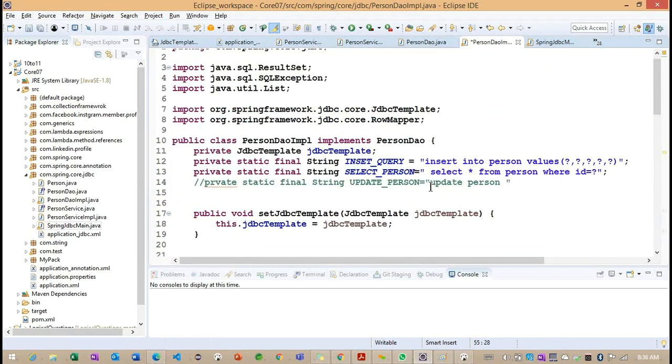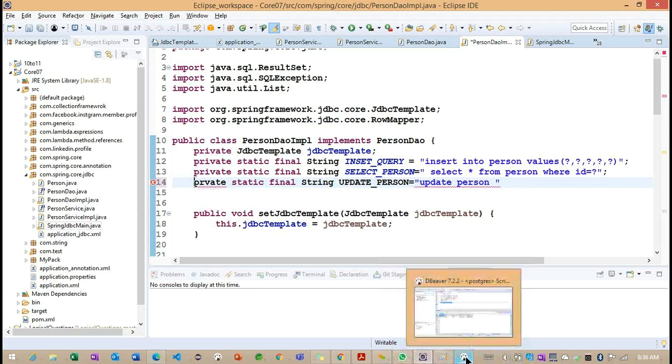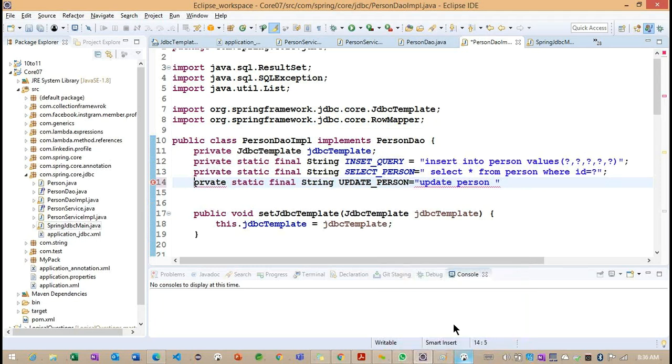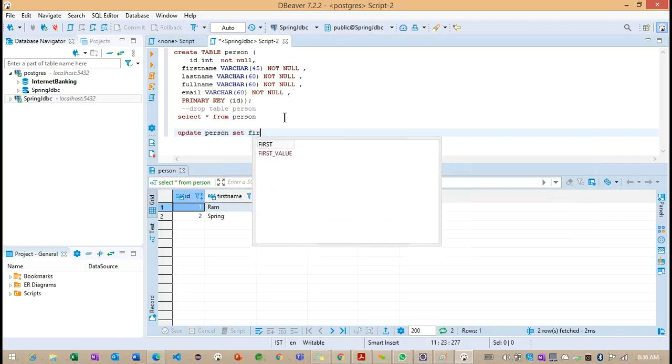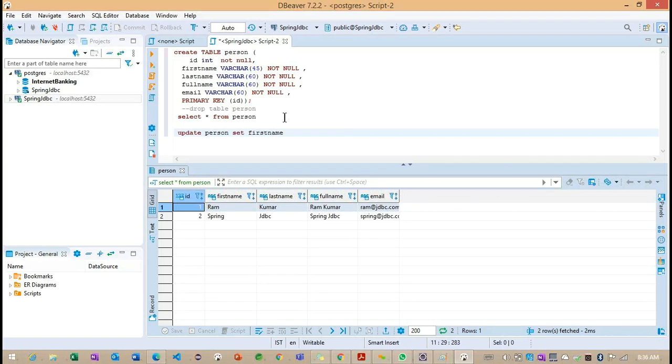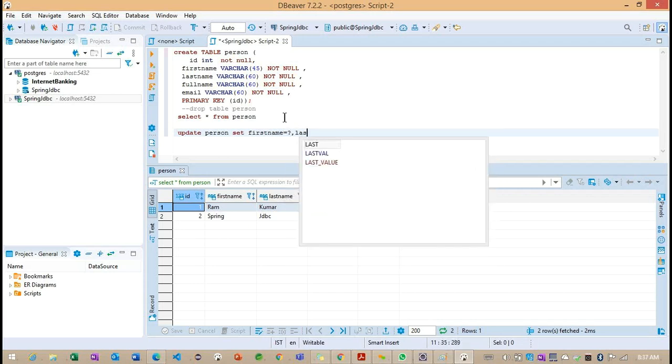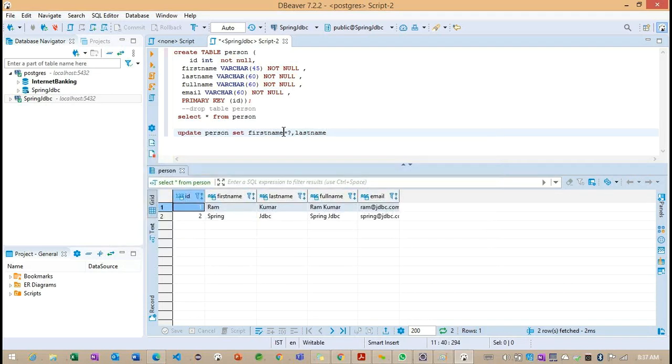So we need to write an explicit update query here. So update the person. What are the update person? We need to write all the information. Set first name and email.